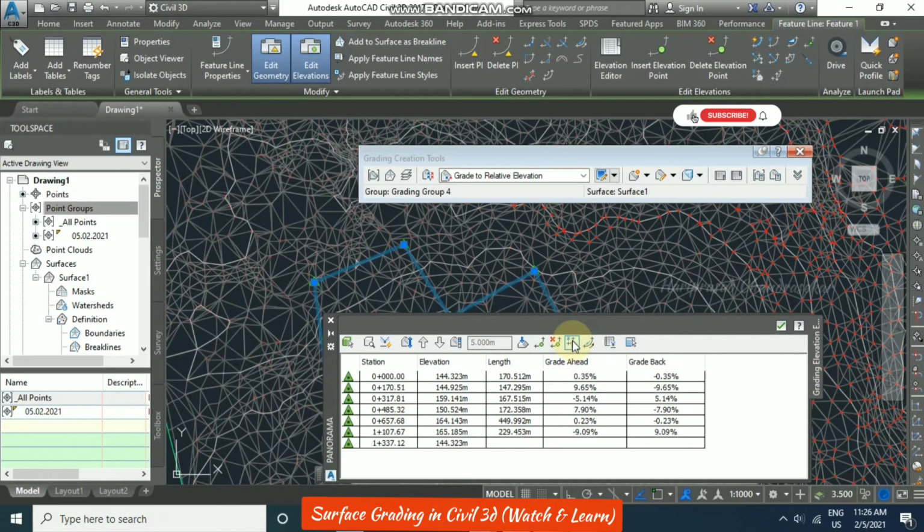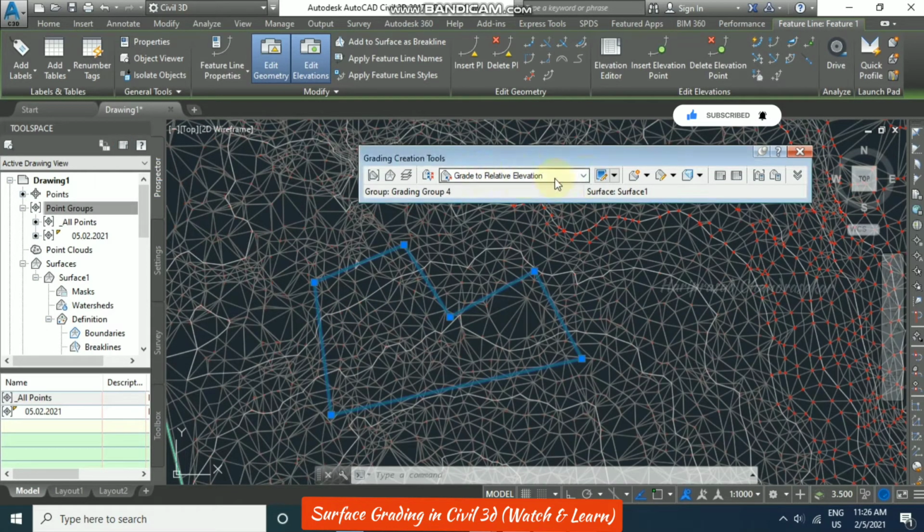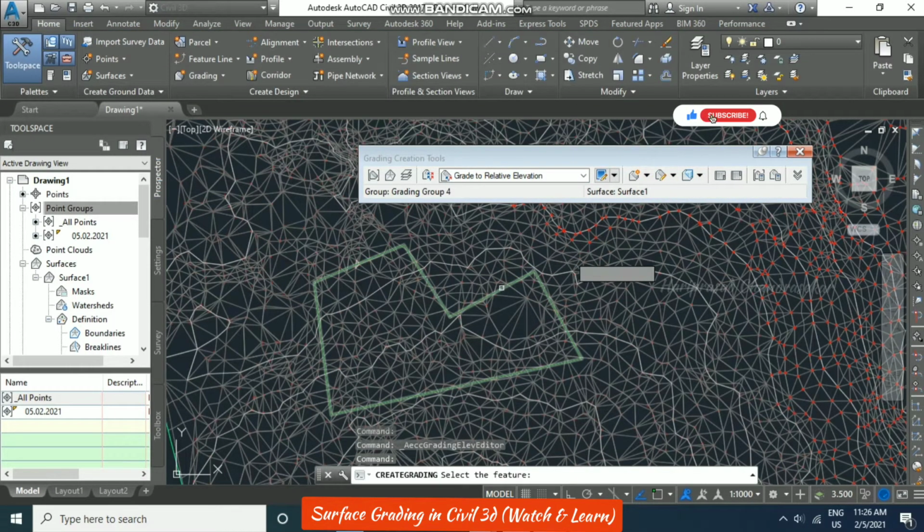So I'm clicking it. So we also moved the feature line, and because of that we should click this icon. So elevations from surface, and after that we can just go for grade to relative elevation, and then we can just create grading. Now select the feature and it is asking for the grading side. You put inner or outer.